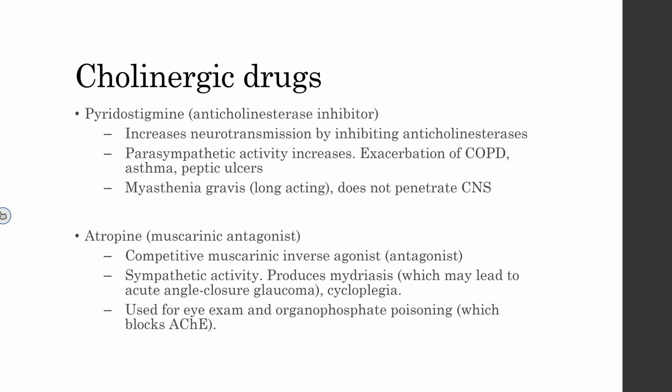Now, when it says anticholinesterase, there's lots of names for this enzyme I found. So it can be cholinesterase or acetylcholinesterase or anticholinesterase. It's all the same thing. It's all breaking down acetylcholine. So this will increase neurotransmission because there's more acetylcholine in the synapse, and that can then bind to receptors. This will increase parasympathetic activity,